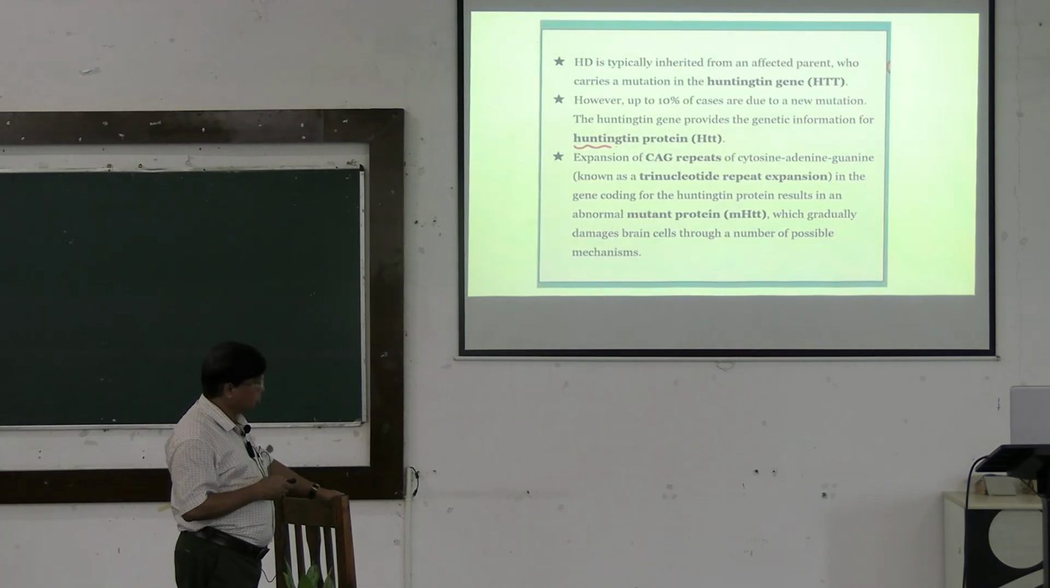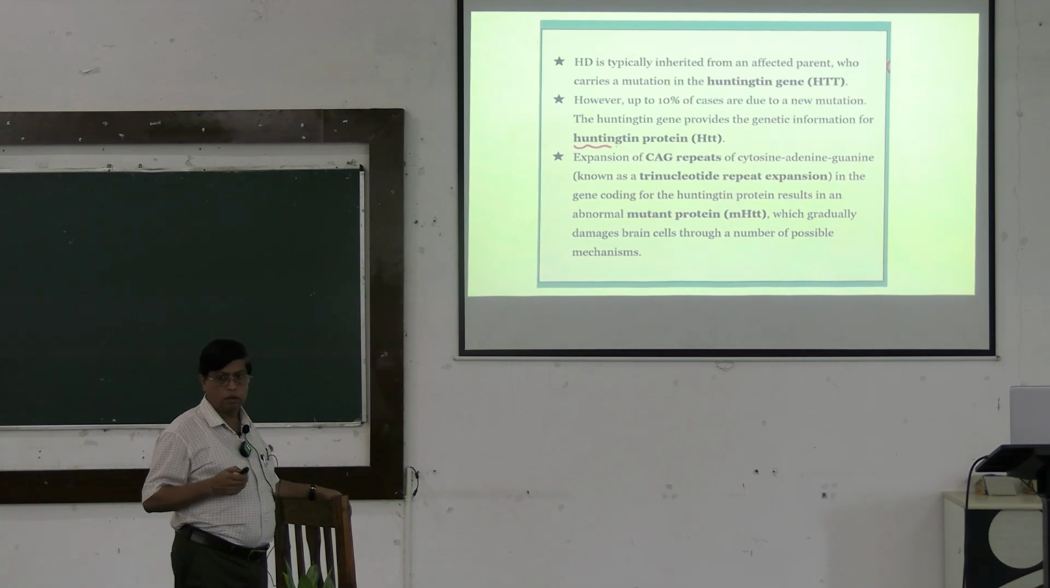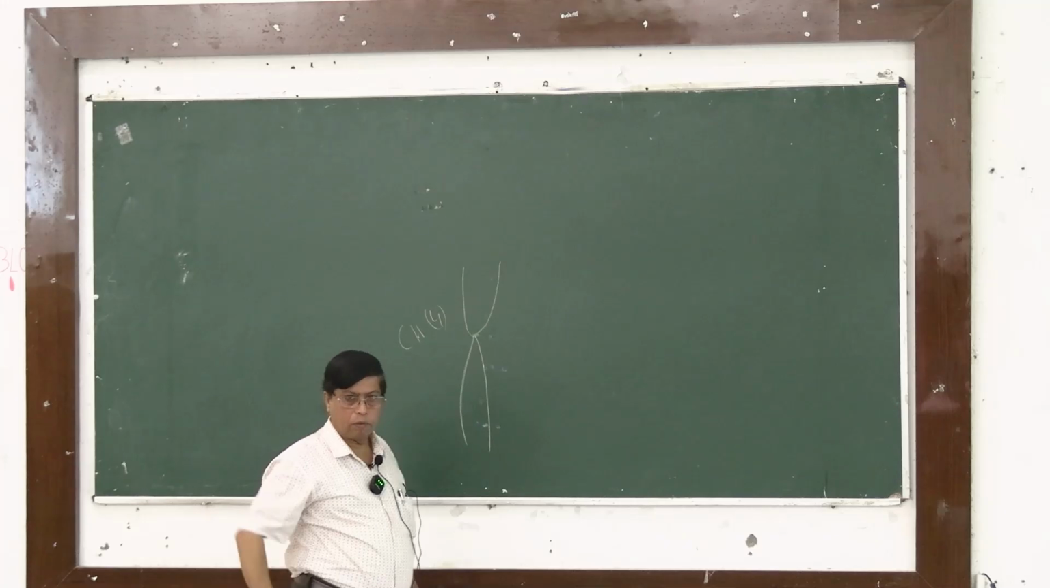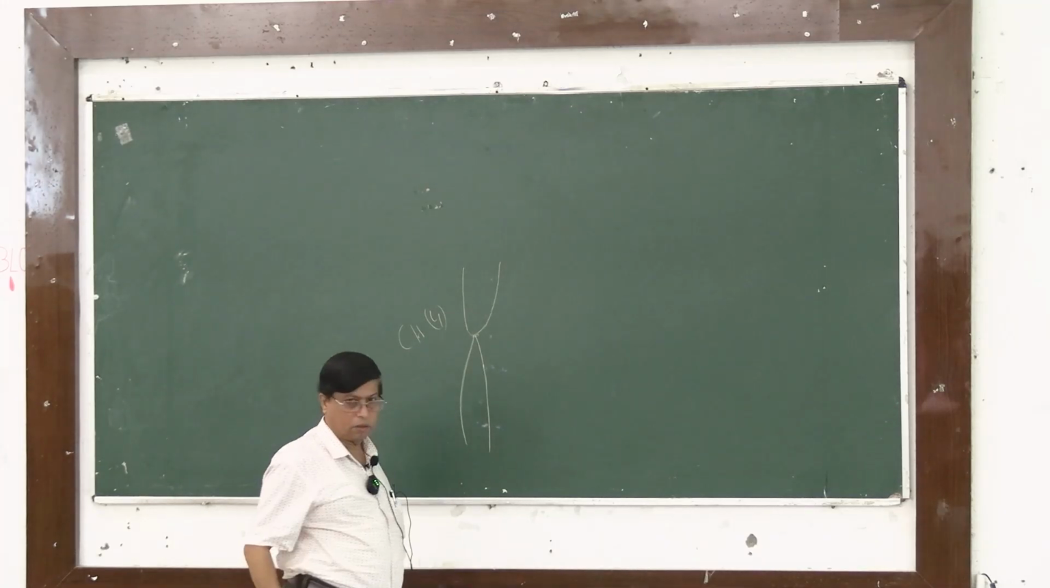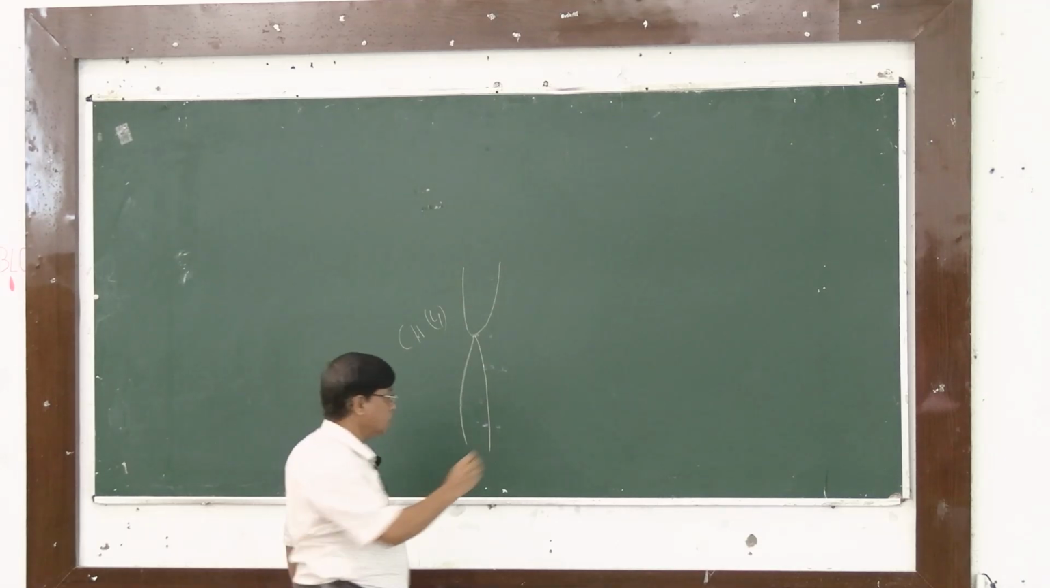Here it is described a little more elaborately. Huntington typically, this is a gene. The gene is called the HTT gene or Huntington gene. This gene is in chromosome number 4. How is this gene formed? There is a